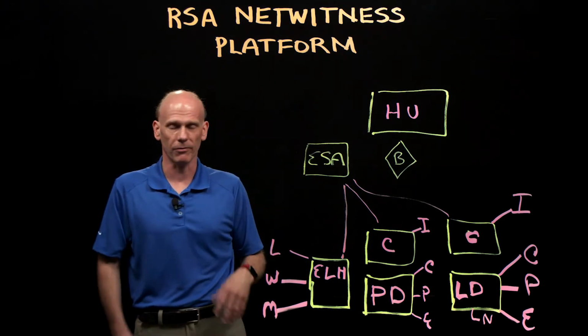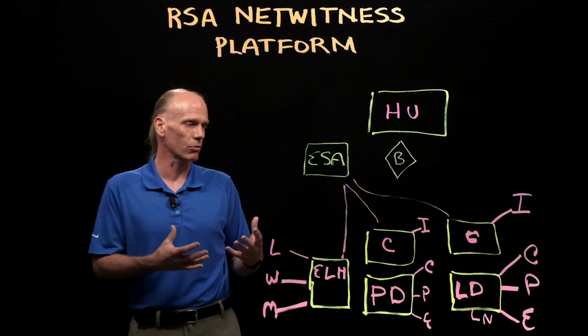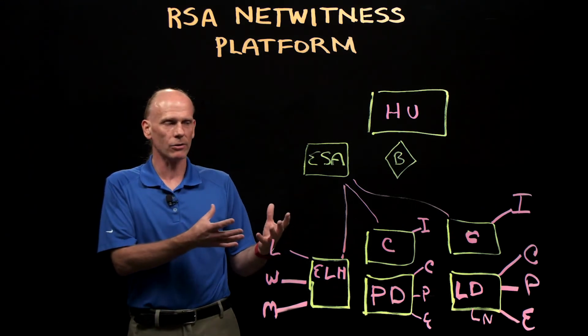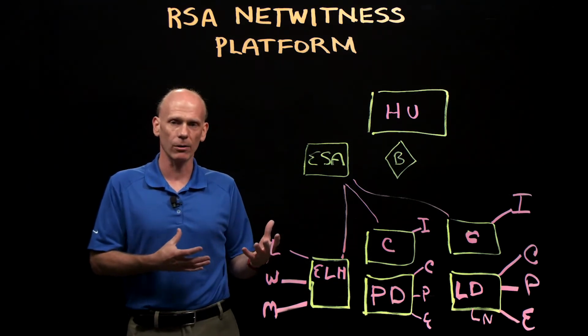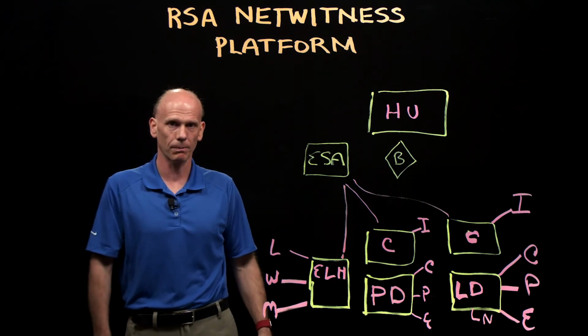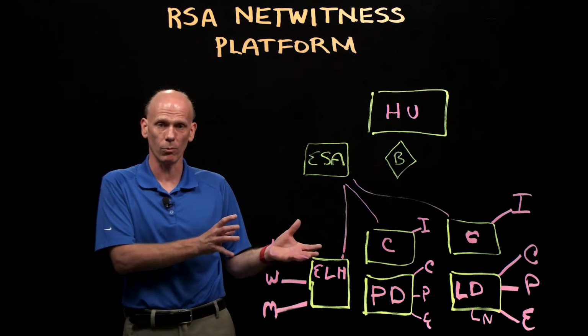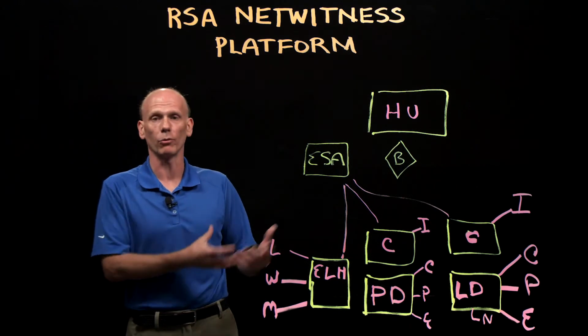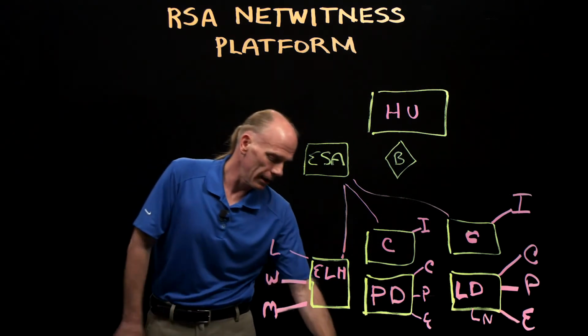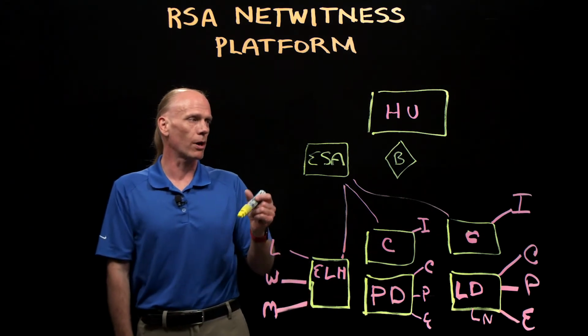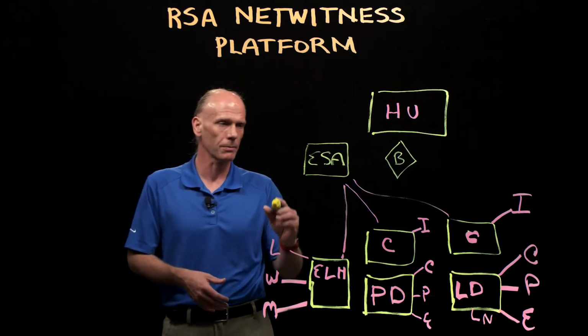Now, the ESA is fantastic. I can build as many correlation rules as I want, but the challenge there is that I have to define what the bad behavior is. I have to know what I want, as an outcome, to be able to build those rules. If we introduce one other component into the infrastructure,